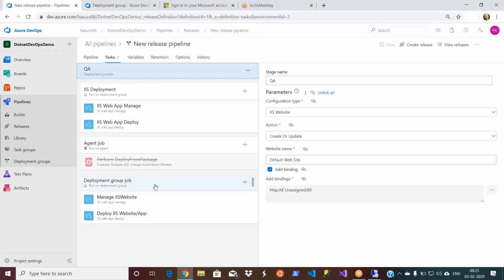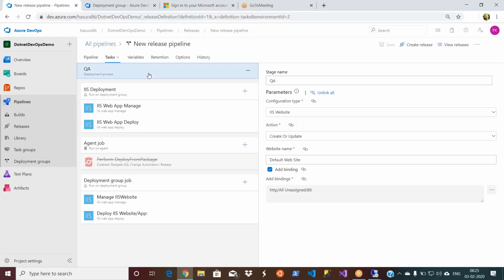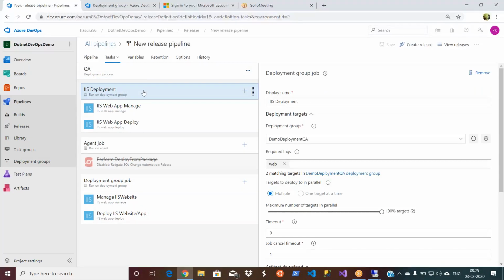As I told you, we have the QA environment. The first is an IIS deployment group, which contains demo deployment QA. I mentioned demo deployment QA as the deployment group, and in the tags I mentioned web.